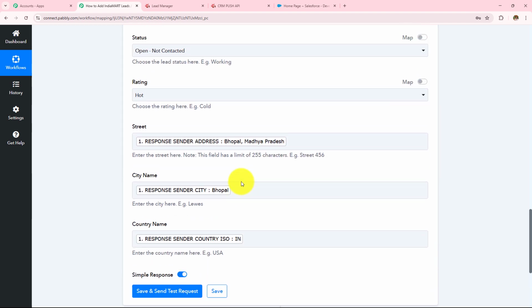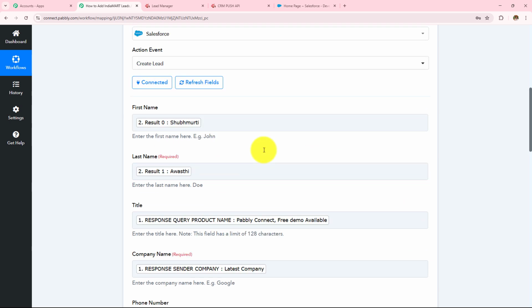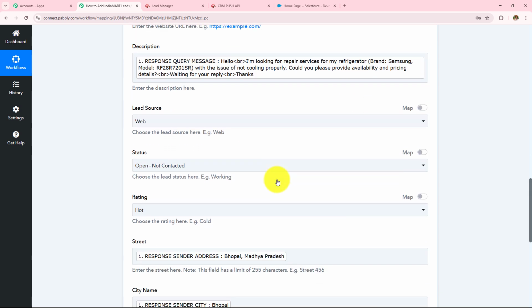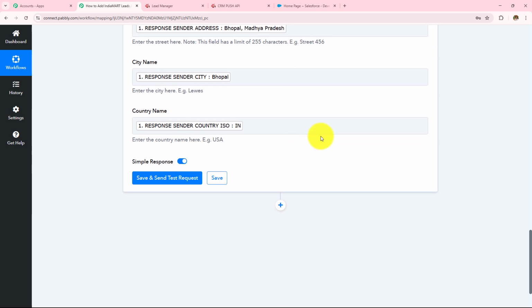Now over here, mapping is important so that every time you receive a new response, it is taken into consideration in these fields. Manually entering the data will make these fields static and the information will not change even if you have received a new response. Over here, if I manually enter any detail, this field will become static, and every time I receive a new response, the result will not change. So as to keep these fields dynamic, we use this process of mapping instead of manually entering the details.